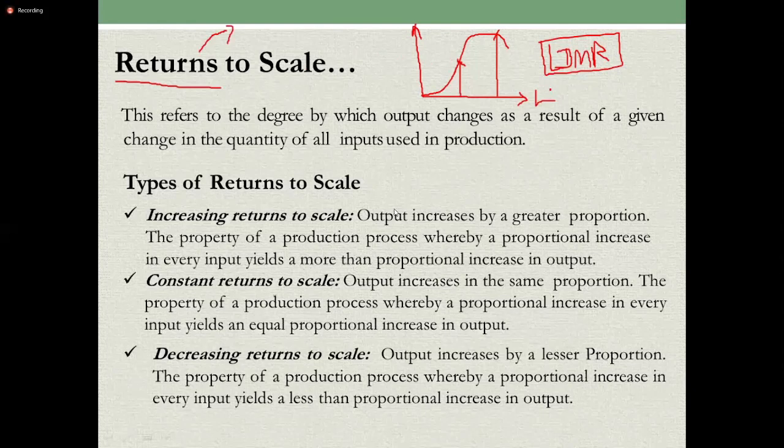Right? So this is the short run one, the law of diminishing marginal returns. In long run, we identified the law of production operates in the returns to scale. In long run, the law of diminishing marginal returns does not operate. In long run, returns can be identified as returns to scale.